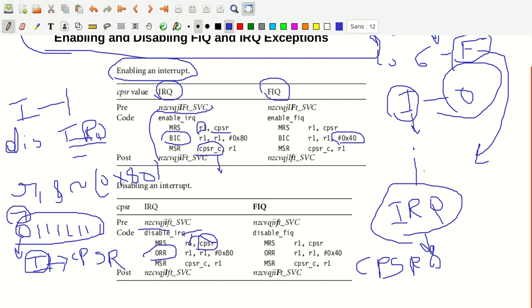When it is combined with #0x80, you have 1 0 0 0 0 0 0 0, and then next you have 4 zeros. So 1000000 and the 4 zeros. When this R1 is combined with #0x80, basically what is the final bit that you are changing here? This 7th bit. What is the 7th bit here? The 7th bit is the I bit. So the I bit you are now setting. When you set the I bit to 1, what are you disabling? You are disabling IRQ, that is, the interrupt request is disabled. That is what you do here. That's why you disable an interrupt by writing this set of instructions.